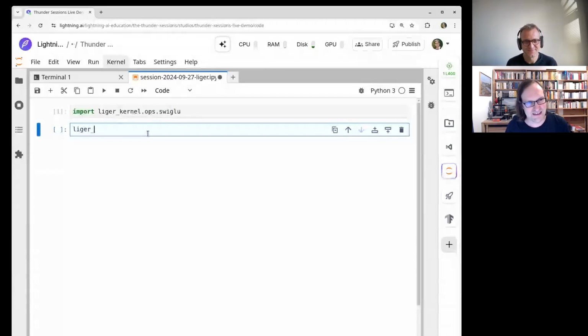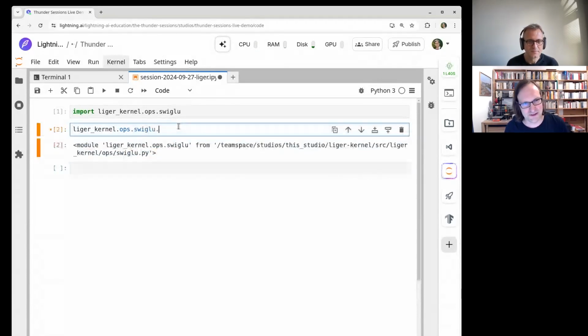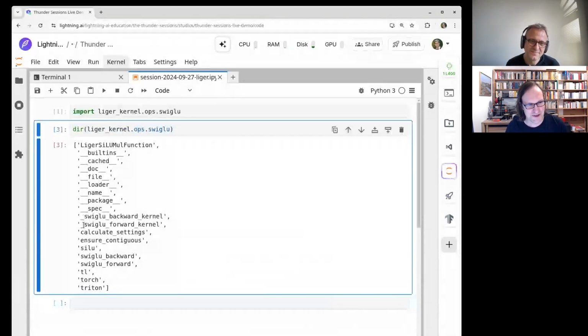So, Liger kernel ops swiglu is the module. And now if we look at what's inside the module, we see there's a number of functions that sound very detailed.